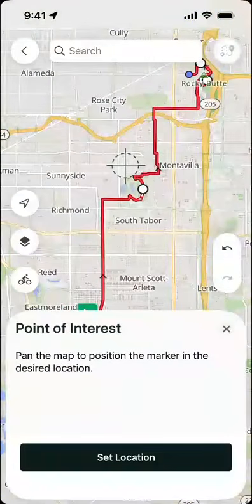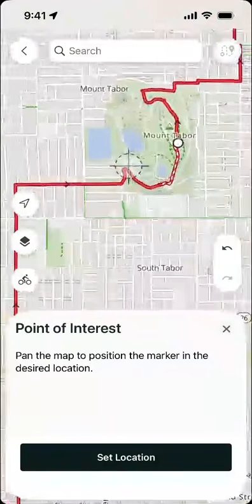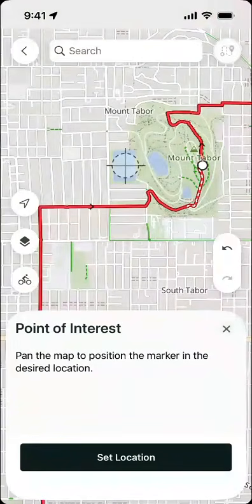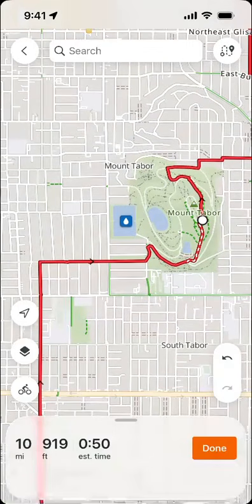There's that crosshairs icon from before. And I'm going to pan this over so it's resting exactly on where I want to add this point of interest. Now I'm going to tap Set Location. And you can see that little point of interest icon added to the map,